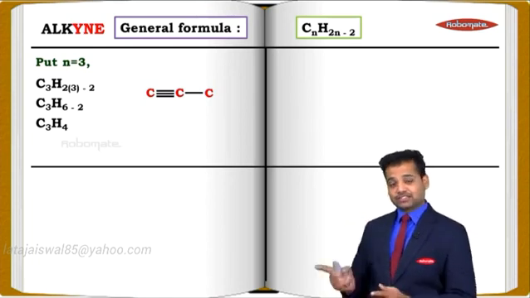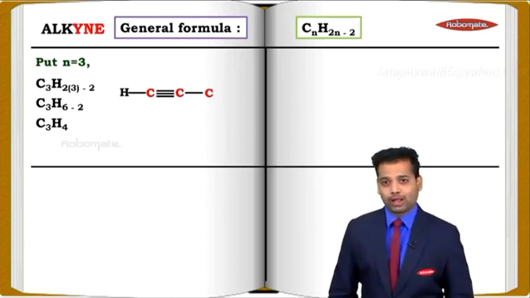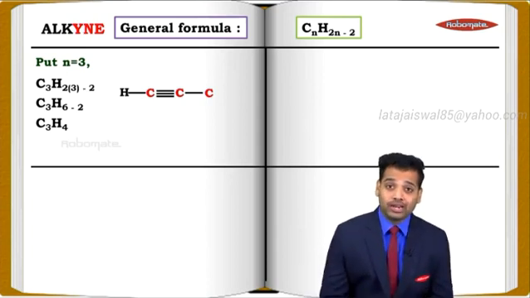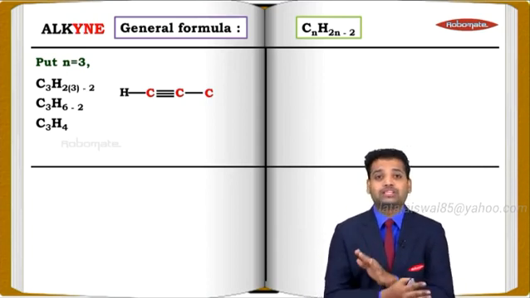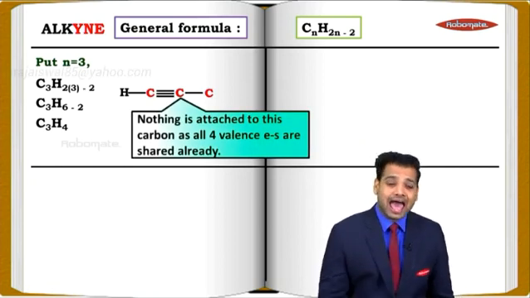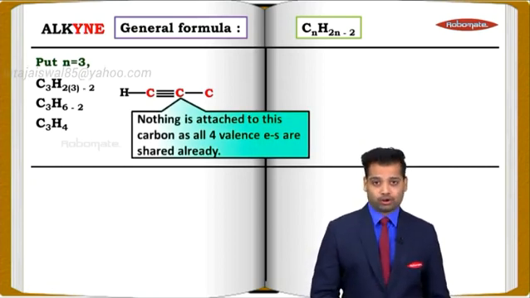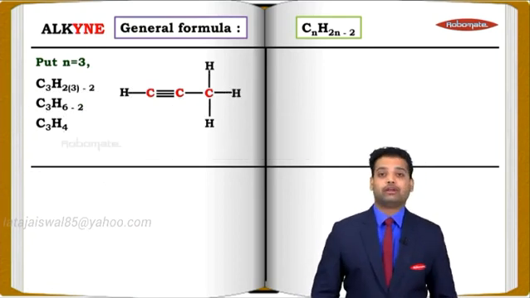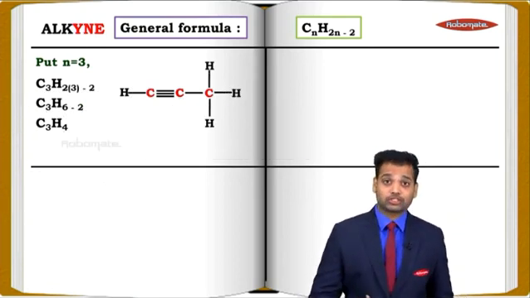So if you see, the first carbon already has 3 bonds, so you draw 1 hydrogen. But what about the center carbon? The center carbon already has 4 bonds. So will you draw a hydrogen? No. But what about the last carbon? The last carbon has only 1 bond. So let's share the rest of the 3 with 3 different hydrogens, making the structural formula look